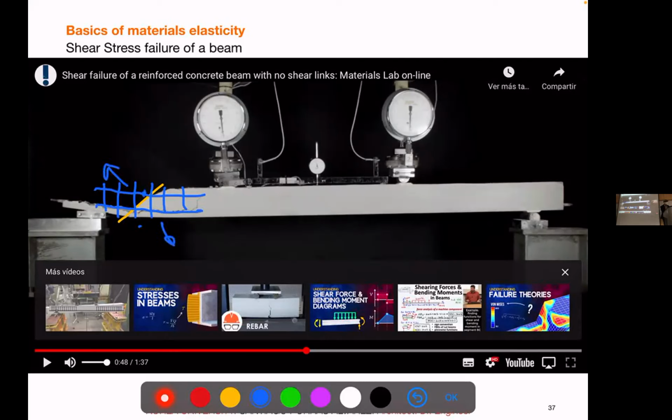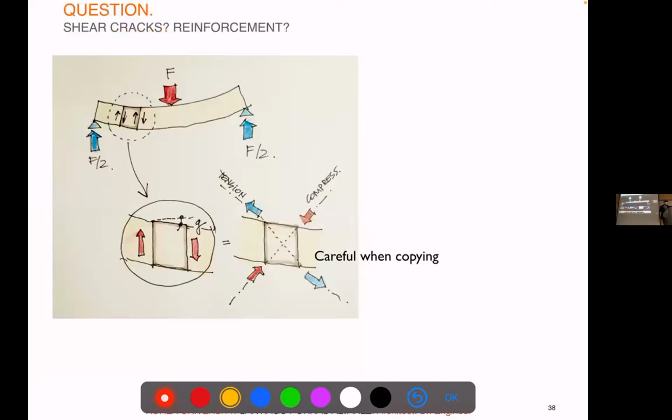Remember, in this part, we are deforming like this, right? We're skewing in that way. So that means the tension is applied in this area, so the crack will appear in this diagonal. Just that. This is what's in class. And sometimes in shear, we consider not stretching or shortening, but just the angle, the rotation. But this image is very clear to see what's happening here.